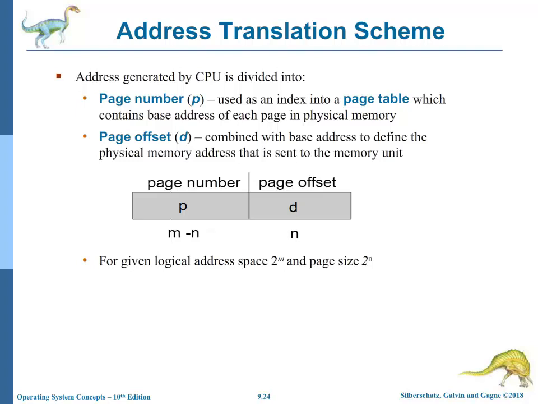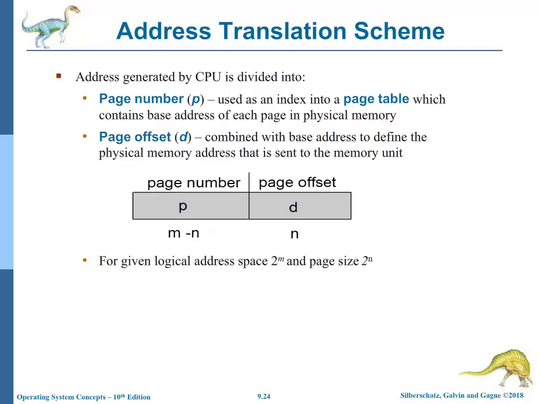Frame numbers and the frame sizes are determined by the architecture, but are typically powers of 2, allowing addresses to be split at a certain number of bits. For example, if the logical address size is 2^m and the page size is 2^n, then the high order m minus n bits of a logical address designate the page number,